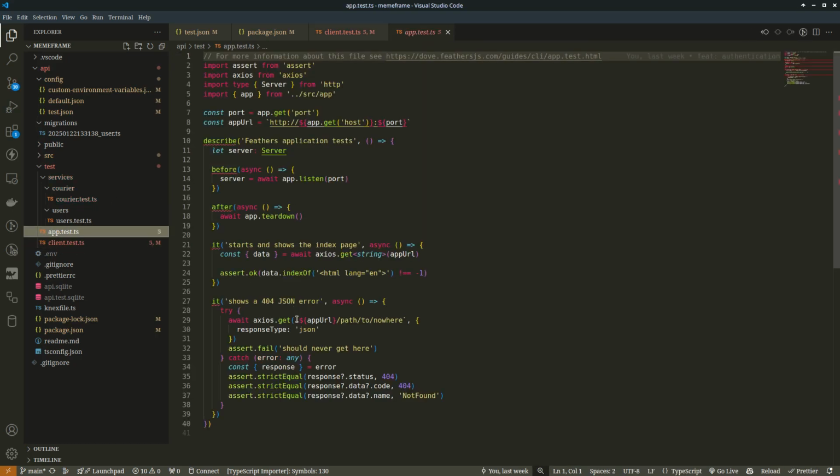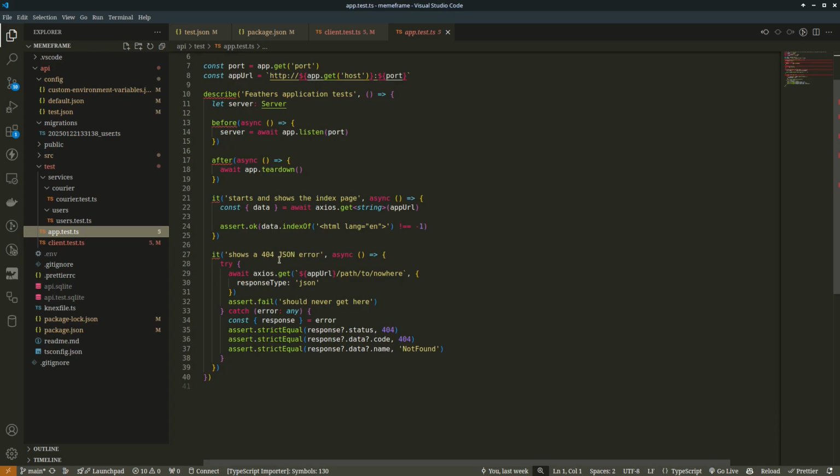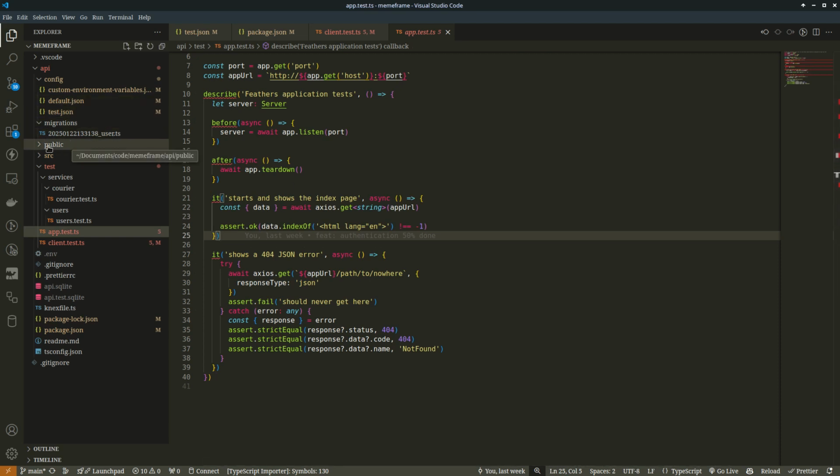For this one, you may notice we have all these tests that show a 404 JSON error if we make a request to anything. Basically that's anything global, any test that you want to write that is global, you do it here. For example, if you make a request to the main page, it opens up this